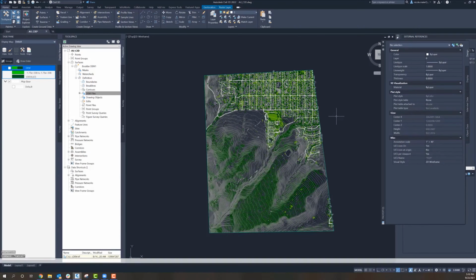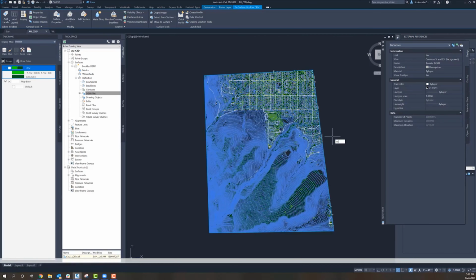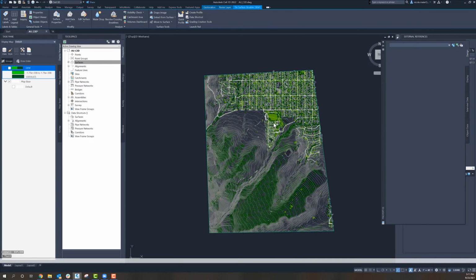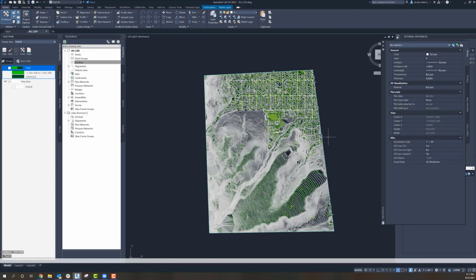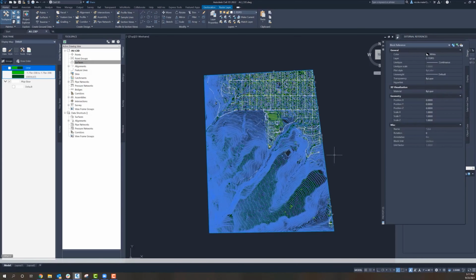But for the purpose of a lot of just preliminary design and planning and just being able to click around, we're actually going to explode the surface twice. The first explosion, we'll just put it as a block reference, which may be preferable to some CAD users, but I'm going to go ahead and explode it a second time.